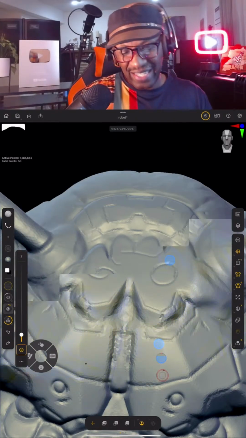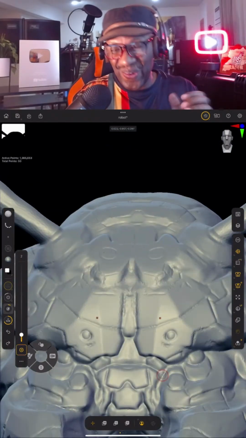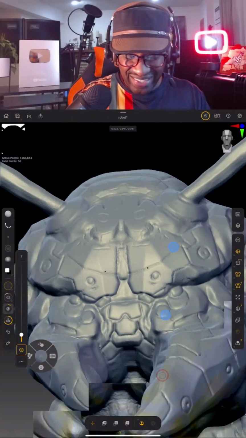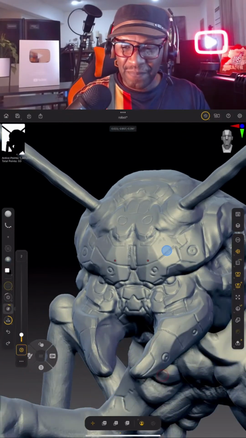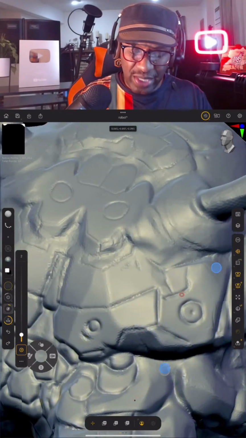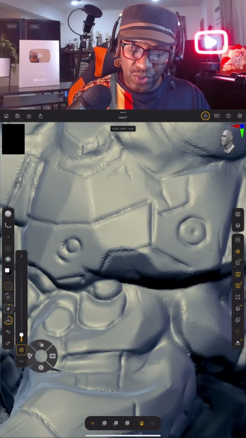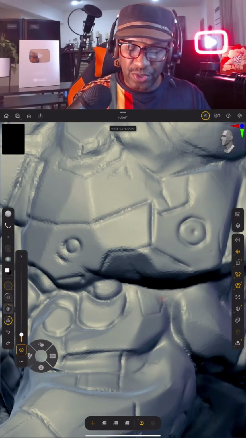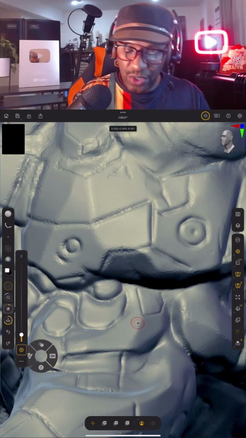Look at that. It's like drawing, but you're sculpting, you know? It's so cool. I love ZBrush. I don't know if any of you use Nomad, but I go back and forth because I tend to work in teams every now and then in a professional setting. So I do use ZBrush for the professional workflow, and then for my own purposes, I use Nomad